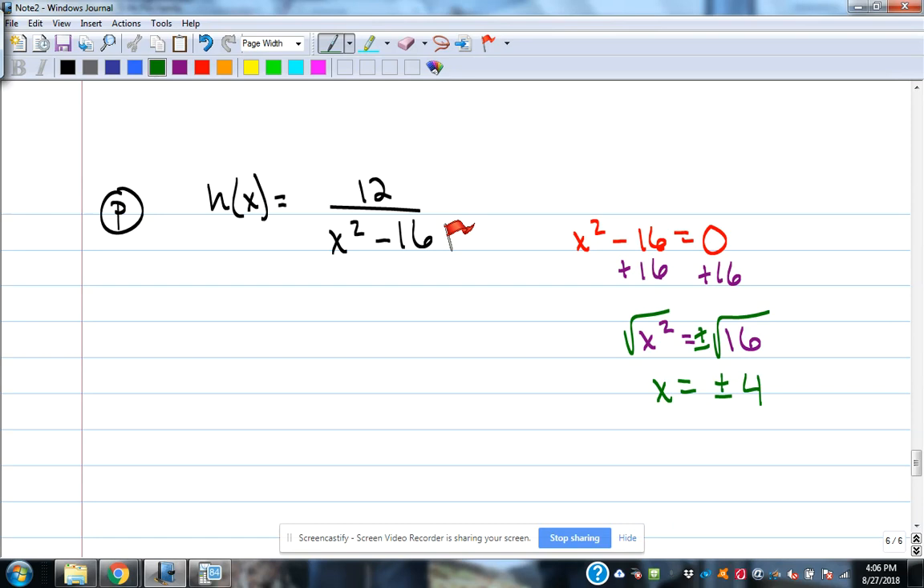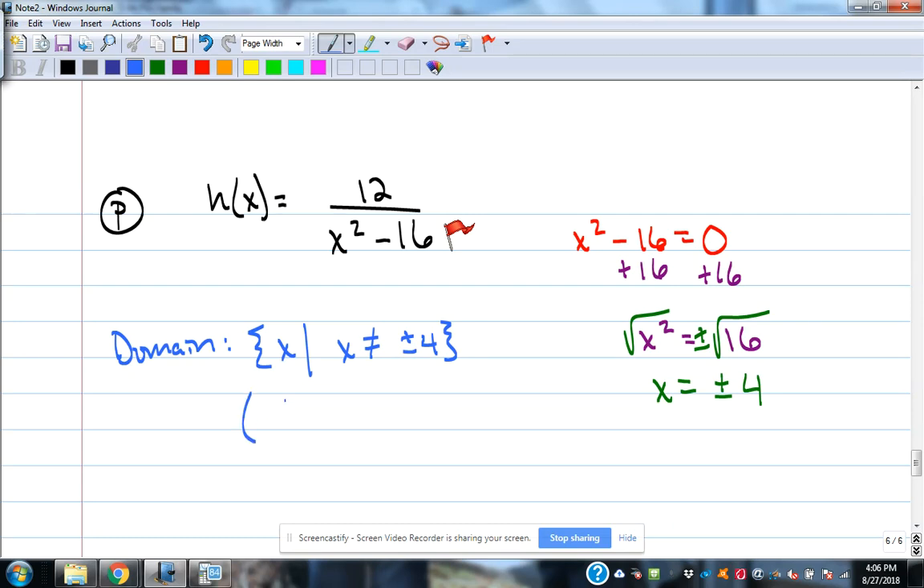So the domain, if we're in set notation, x such that x can't be plus or minus 4. That's like the shorthand way of writing that. Okay. The interval notation for that,